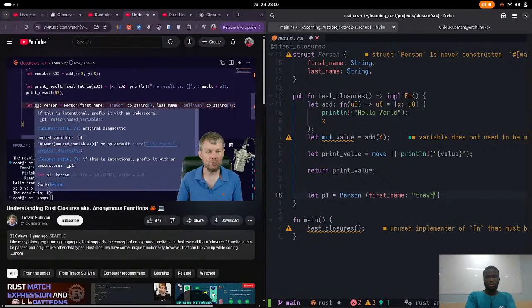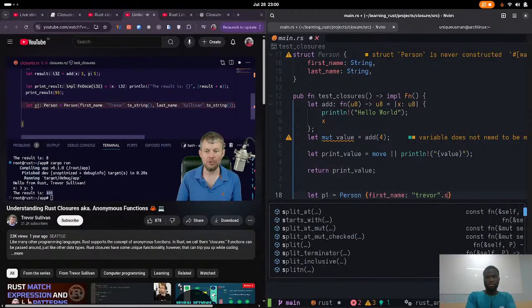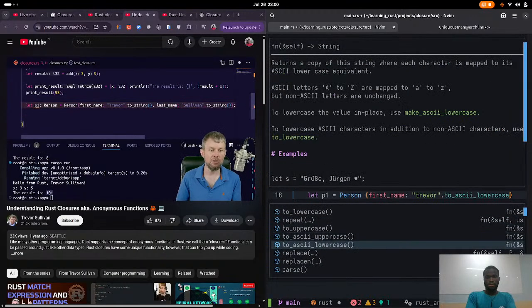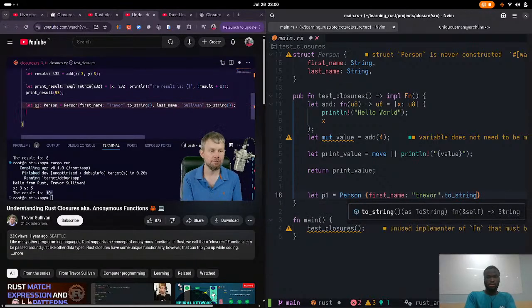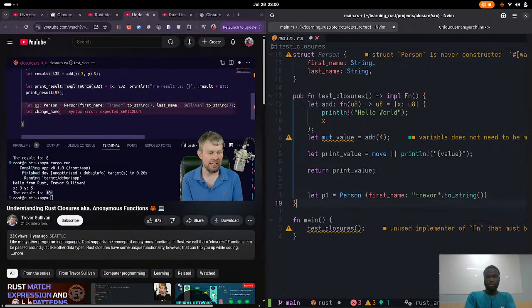So now we've got this p1 variable declared, and we want to build a closure that changes either the first name or the last name or both, doesn't really matter. And we want to mutate this object, but we want to mutate the object that's in the parent scope, not defined or declared and initialized in the closure scope. So let's do a new closure. I'll call it change_name, and we're going to